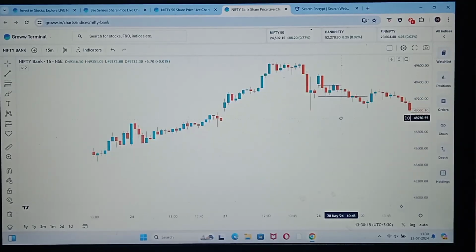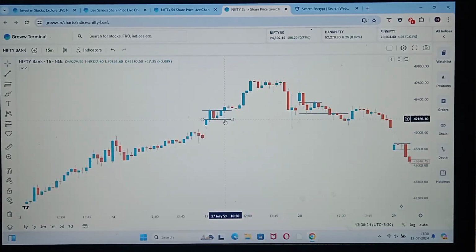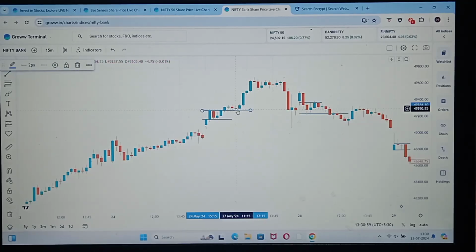Then 27th of May, we'll see the third 9:45 candle is a red candle with a big body, small wick, and will be marking the high and low. So easily you can see at around 10:30 the high of 9:45 breaks, at the 49,284 level. A trade is initiated. You are getting 50 points here. After that you can easily book 10-20 points. Again at around